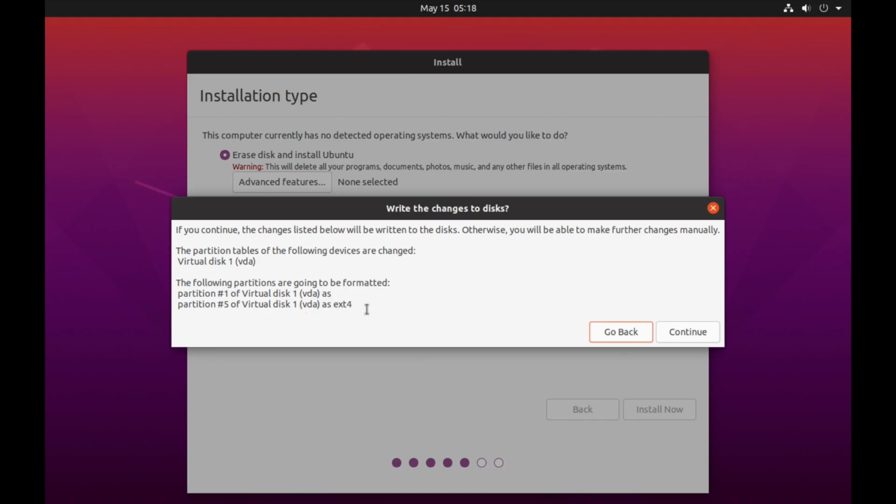So in my case, it's VDA. In your case, it'll be SDA. Because mine is in a virtual machine, it shows up as VDA, so don't worry, yours will say SDA. And then it will format this one as blank and this one as the ext4 file format. In this case, we just select continue